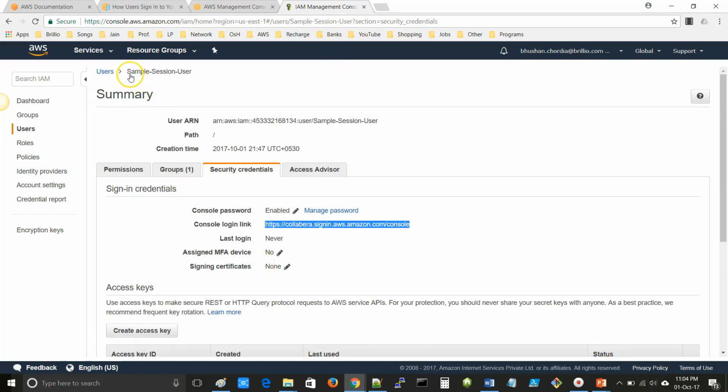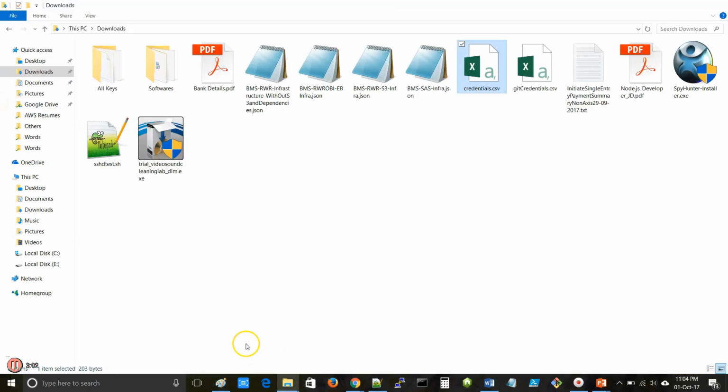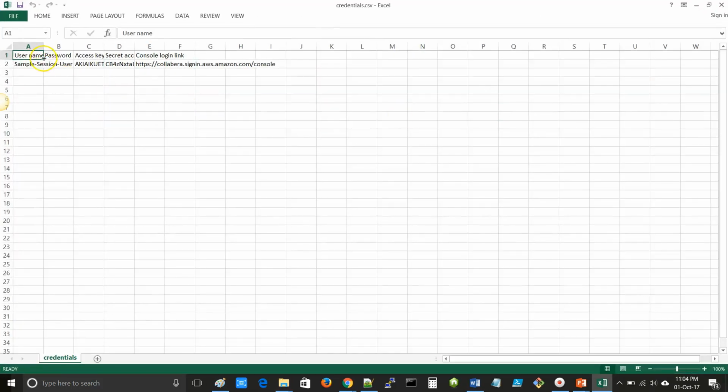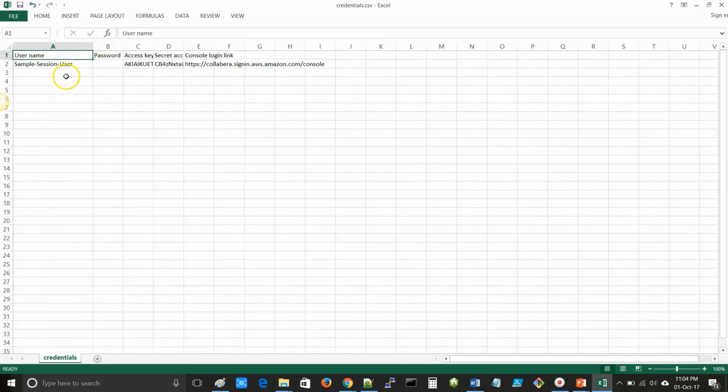At the time of creation of sample session user, we downloaded the CSV file which contains the credentials. So let's go to the download folder and open the credentials.csv file. Here you can see the username.